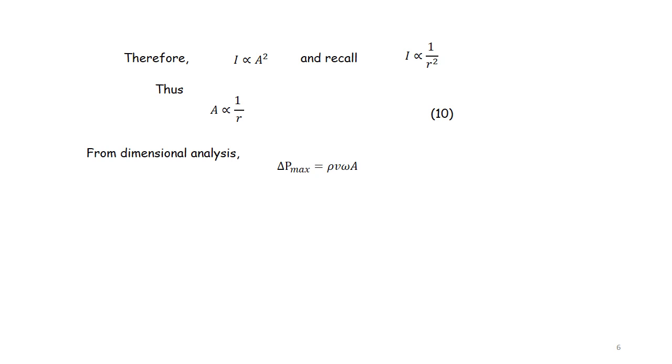So the maximum pressure of a wave is given by this expression: rho, which is the density of the medium, the wave speed of the medium, the angular frequency of the wave, and the amplitude of the wave. Remember that pressure is force over area, and force over area is Newton per meter square. Newton will be kilogram,